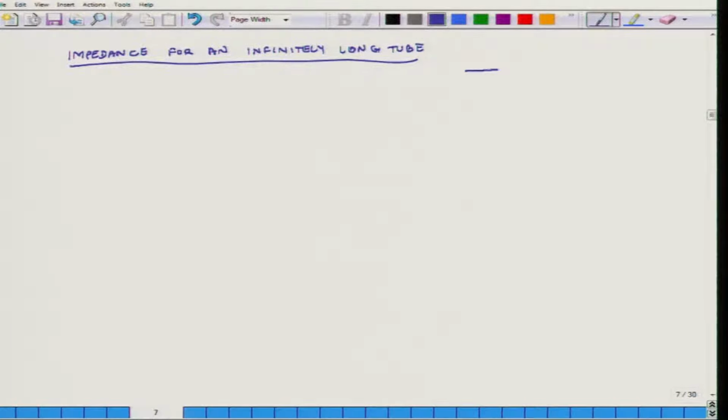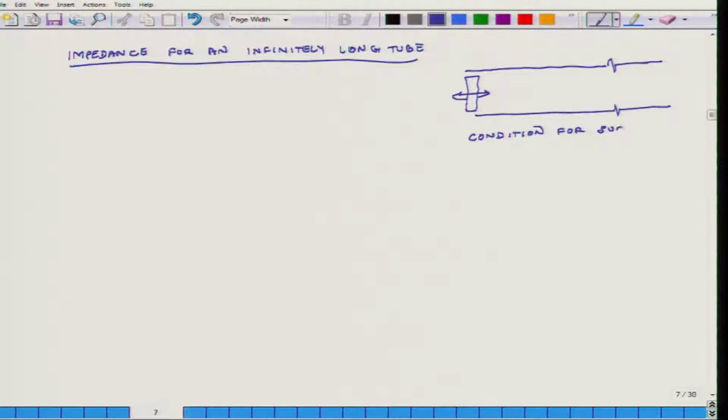So, if I have an infinitely long tube, and at one end of this infinitely long tube there is a piston which is exciting some sound, then the condition for such tube